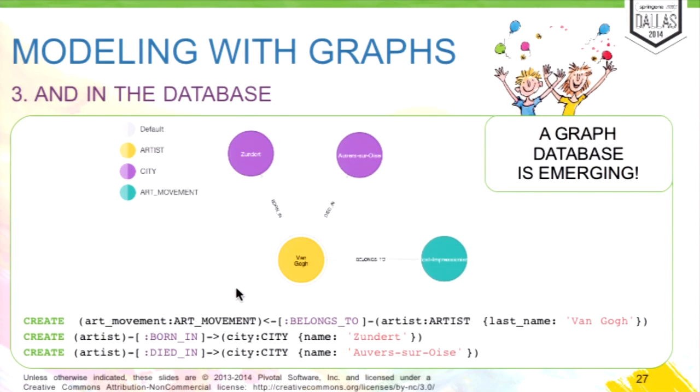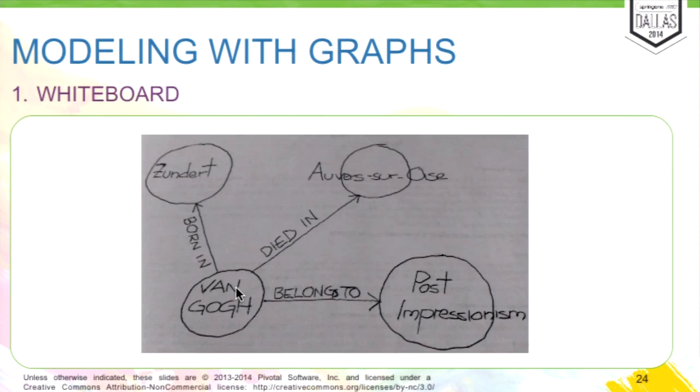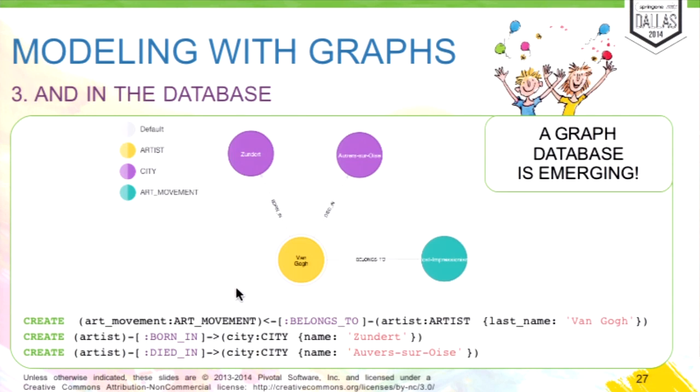So in general, it's from the beginning, from our initial model on the whiteboard, which is usually more complex than this. It's really cool that we can see exactly the same visualization, exactly the same data in the graph database, which also makes it really easy for us to take, for instance, a domain expert or a business expert and talk them through this model that we have in our database. It's much harder if you show them just a bunch of JSON documents in Mongo or just a bunch of tables, and then you want to talk to them about their domain model because they don't care about all the technical implementation. And in the graph, it makes it really easy because it still totally relates to their business domain